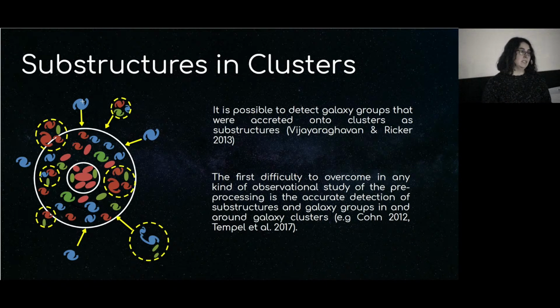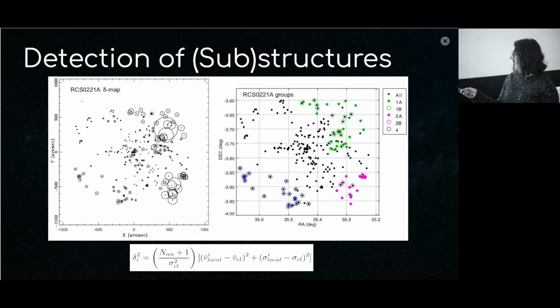And then to confirm this identification using, for example, photometric redshift, including the error of the photometric redshift, or in the case of the spectroscopic redshift, considering the spectroscopic redshift, in order to see if the substructure is real or not. For this reason, I focused my analysis on testing clustering algorithms in order to assign galaxies to different substructures. Well, I started my analysis using the Dressler-Shectman test in order to detect